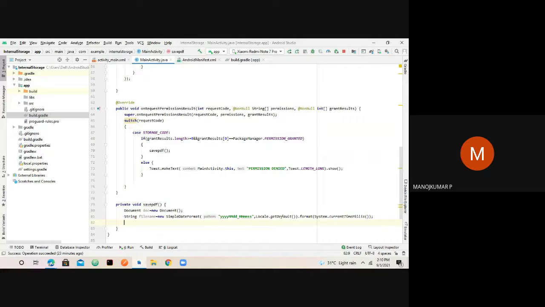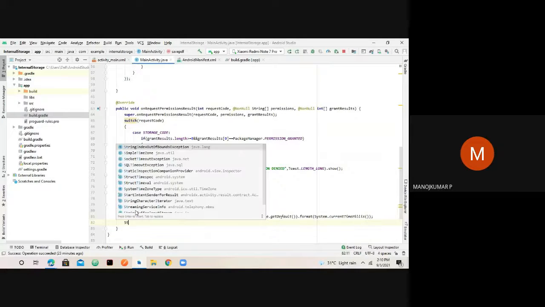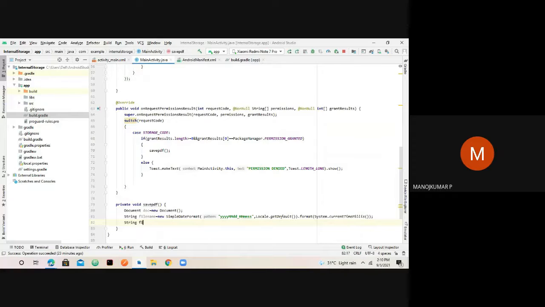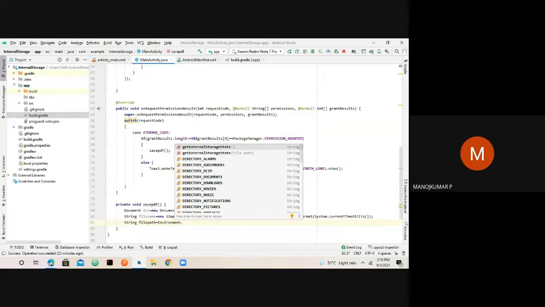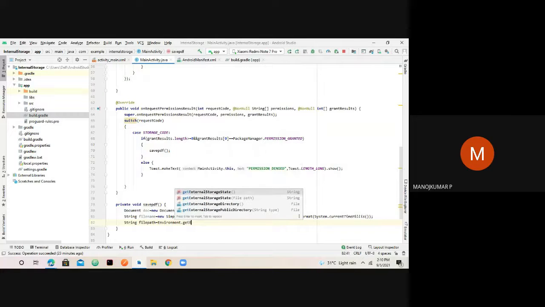Once this is done, the second step is you have to create the file path. Okay, the path in the sense of where it should be stored is really important. So here all we are trying to do is make use of the internal storage, and I make use of a class called Environment that gets the external storage directory for me. So I will try to get the external storage directory, and this directory will fetch me the location, the internal storage location, in which I have to specifically store.